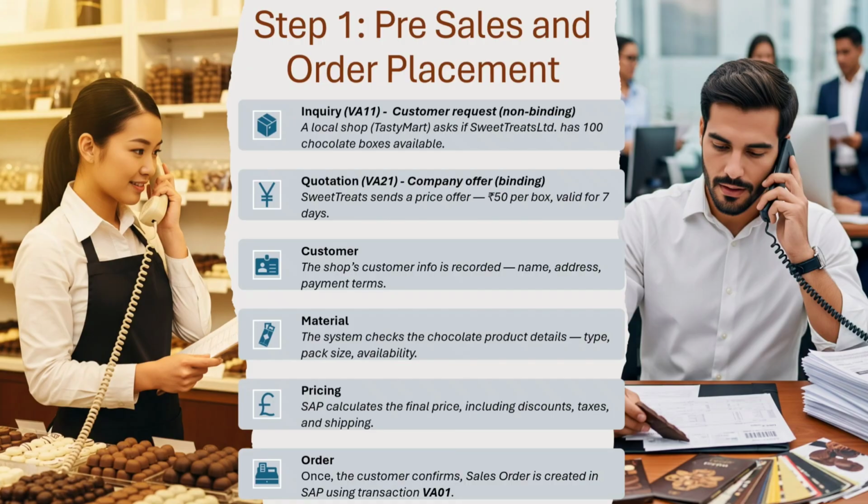there comes the next document, which is the quotation document, created in SAP using the transaction VA21. The quotation document includes the material price, suppose it's 50 rupees per chocolate box, and the quantity required, that is 100 boxes. It includes the validity, say this offer is valid for 7 days, and the delivery terms, that is when and how the goods will be shipped, and the payment terms, which is nothing but any advance payment by the customer,